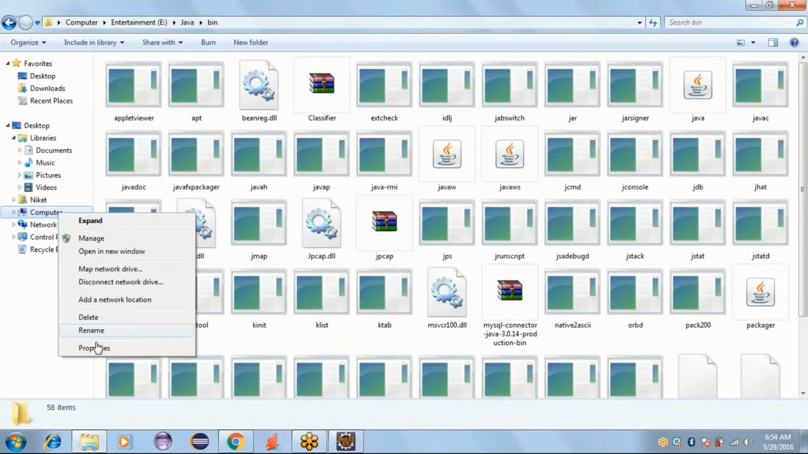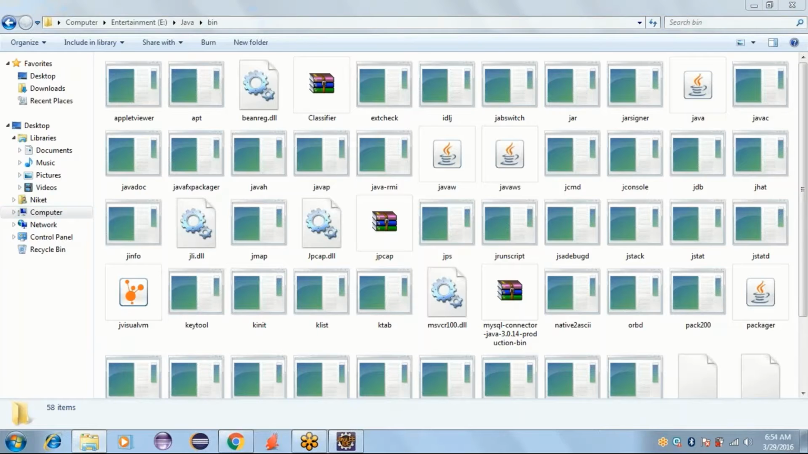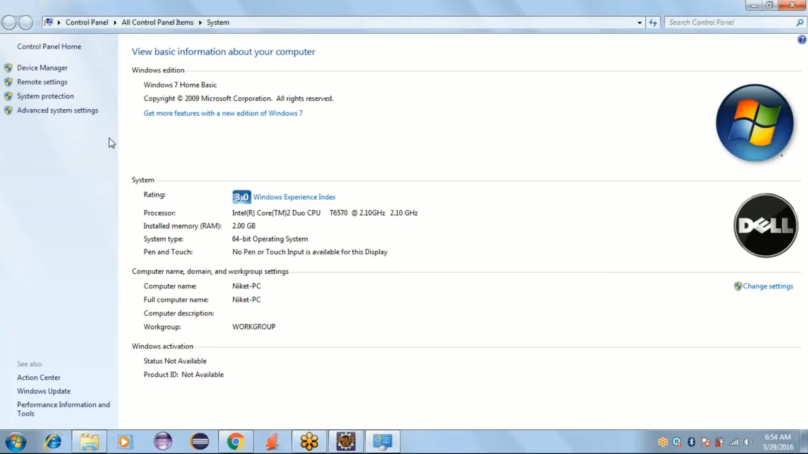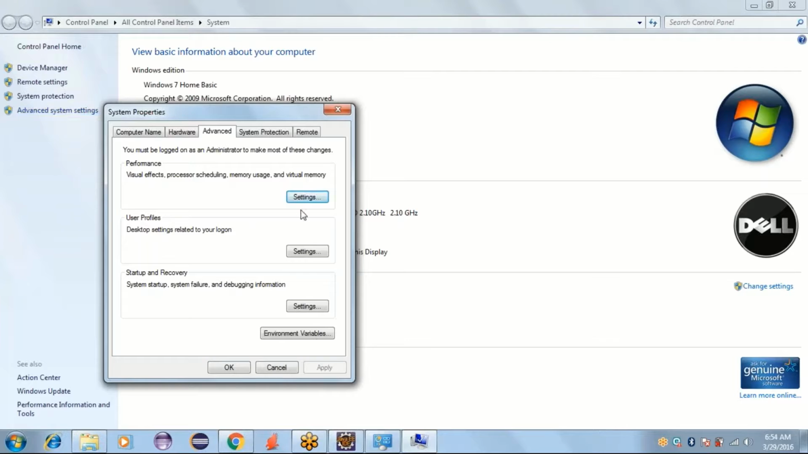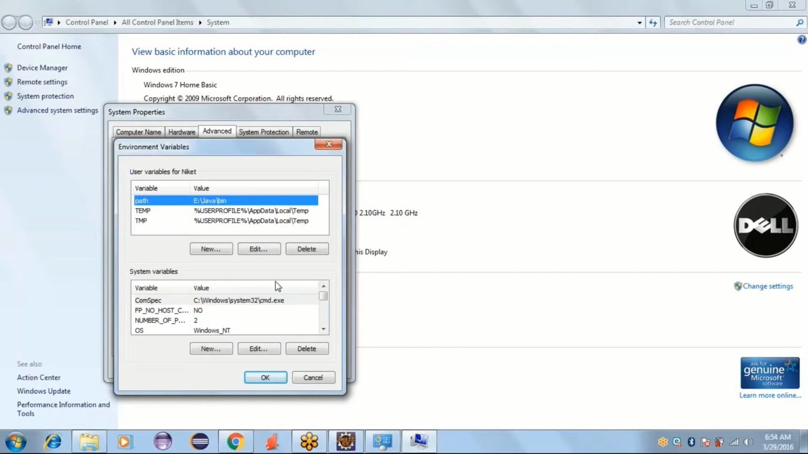After right clicking on My Computer, you will get one option with the name of Properties. Open this Properties. Then we'll find Advanced System Settings. You have to click on this Advanced System Settings. Under Advanced System Settings, you will find Environment Variables. Click on Environment Variables, and under the User Variables section you have to click on New, and